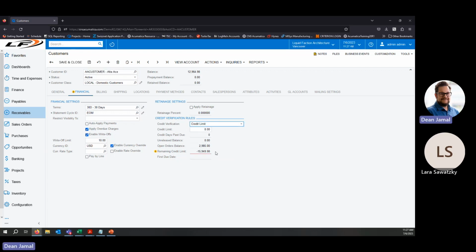If we were to say it's a credit limit, say that the credit limit is $20,000, we are okay. If we say that the credit limit is $2,000, it's going to say that we're over our credit limit. If we say limit and days past due, so let's say we had a credit limit of 15,000. Now let's make it